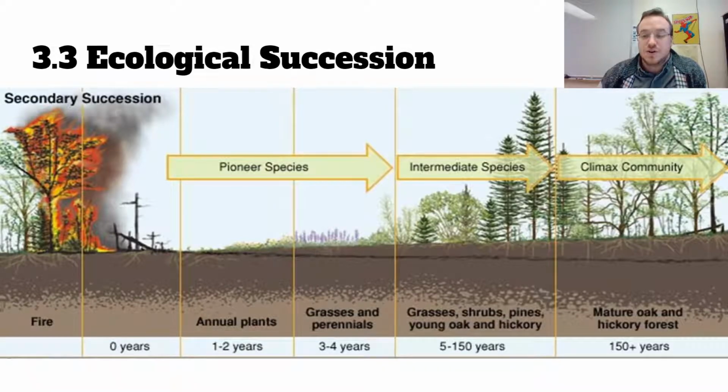And I do want you to note that you can actually see evidence of large forest fires in the dirt. So if you look at this black line, that's actually something we can see if we dig up and take core samples of the ground instead of core samples of a tree or maybe even a glacier. We can see the evidence of something that's gone on before, right? In this case, it'd be a fire. This is a big fire though, so this is killing all of the plants and trees that live in the area.